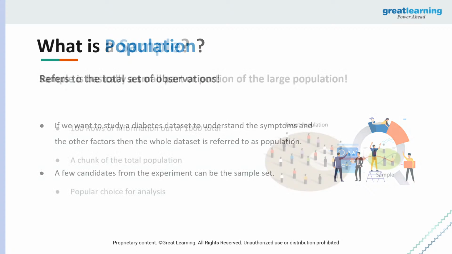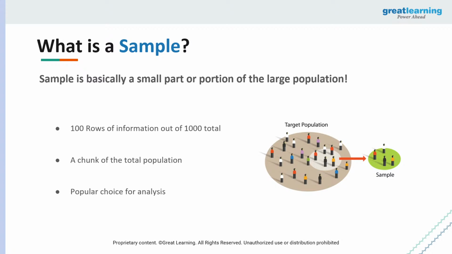This is a foundational concept in statistics, right? So exactly from the image you see on your screen right now, you can understand what a sample is. It's basically a small chunk of the entirety of the population. If you have 100 rows of information and you pick up 10 from it, that's a sample. If you have 1,000 and you pick up 100, that's a sample as well. You do not have to pick the exact number that I've shown you on the screen. If you have 1,000, even if you pick one from the 1,000, that's a sample out of the entire population. If you pick the entire 1,000, that's the population, right? So using samples is extremely popular